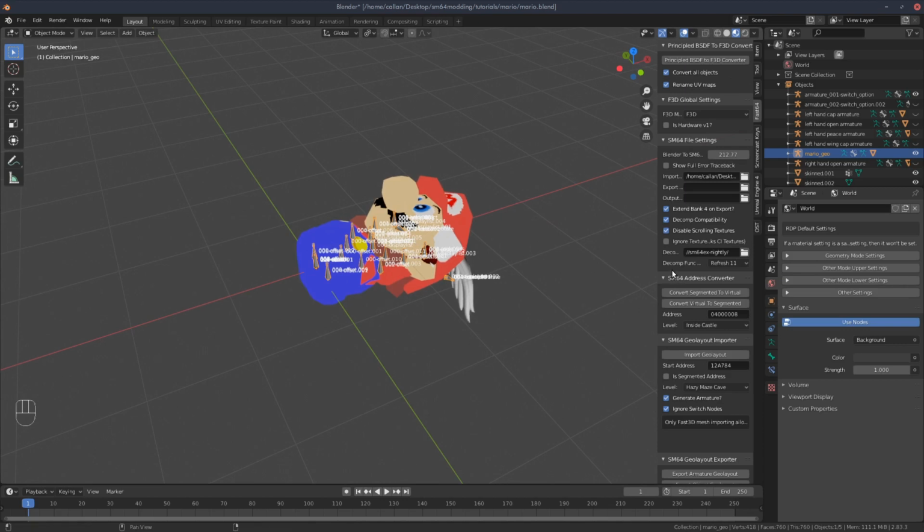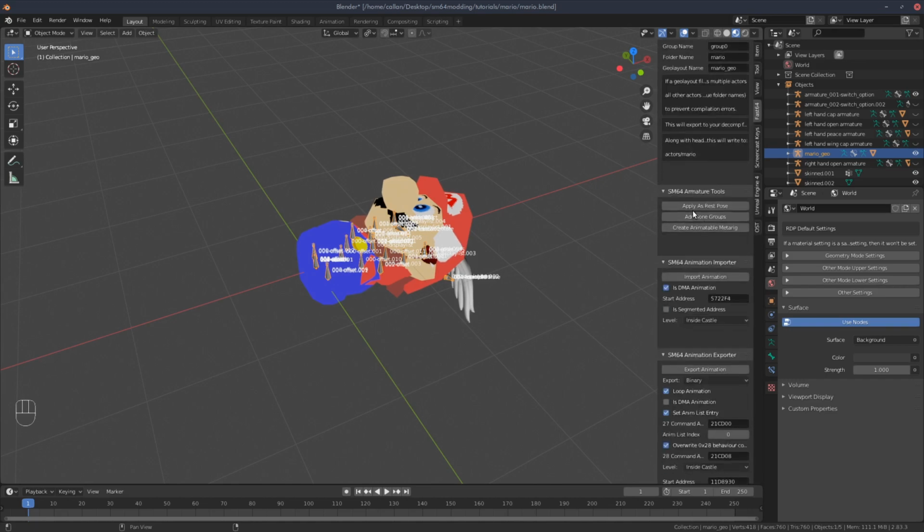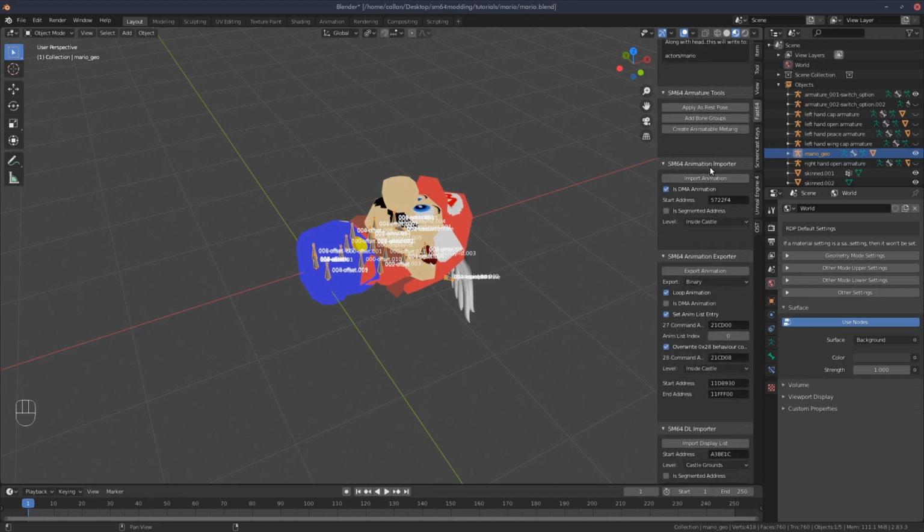Now, importing the animations into Blender is a bit more complicated than it is for non-Mario characters. It is actually similar to importing the character geometry or importing other actor geometry into Blender. So I'm going to run you through doing that. So let's head down to import animation. Now for this one, the settings is just this ticked, don't tick anything else, and you don't have to worry